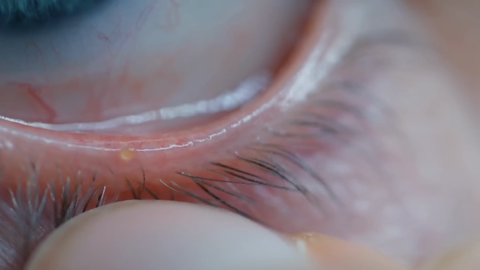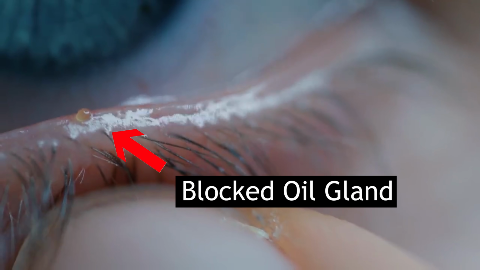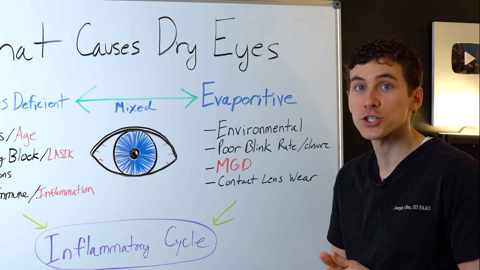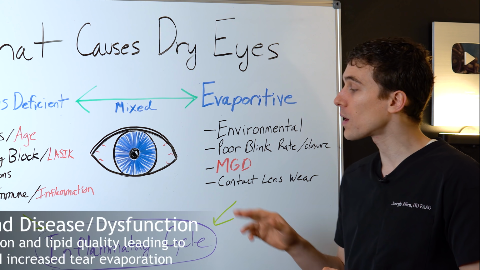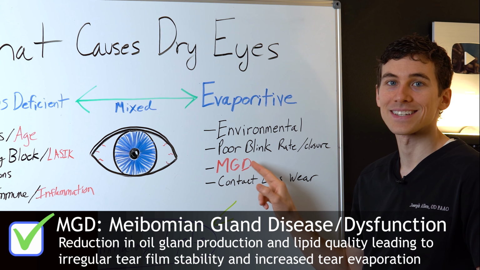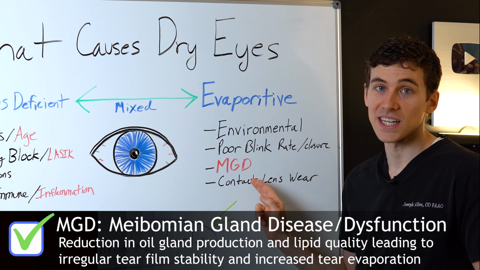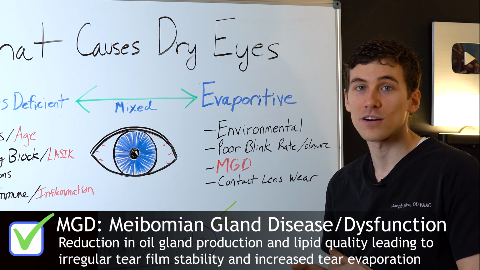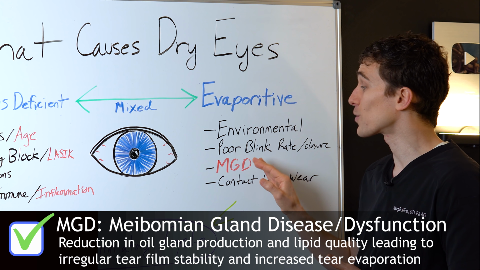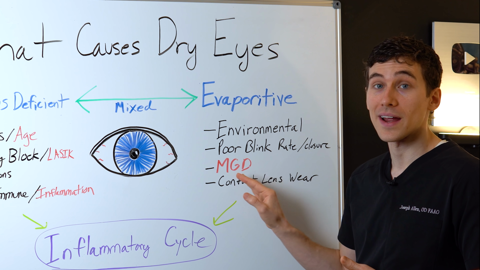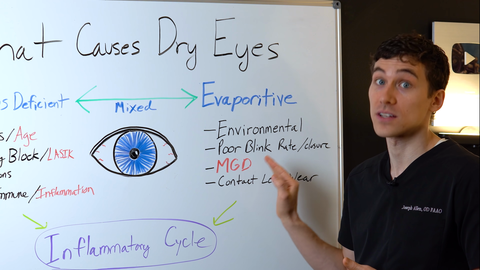these oils can get trapped in the oil glands, and they can sit there, they can solidify into more of a wax instead of an oil, and then they can even go rancid, causing inflammation of the eyelids. And we call that meibomian gland dysfunction, or MGD. And that is a huge component of dry eye disease. In fact, about 80% of all dry eye sufferers have MGD to some extent.